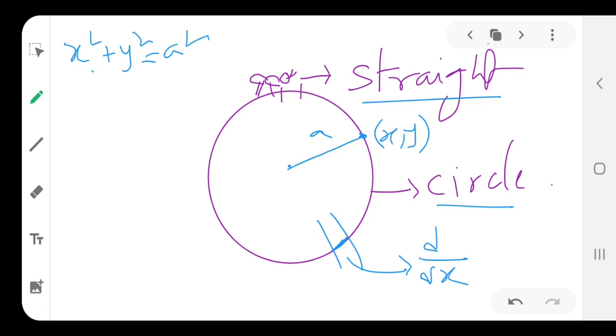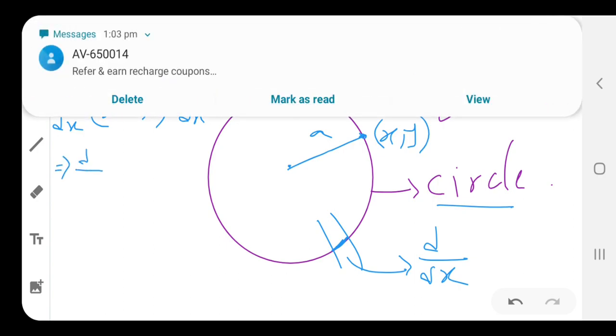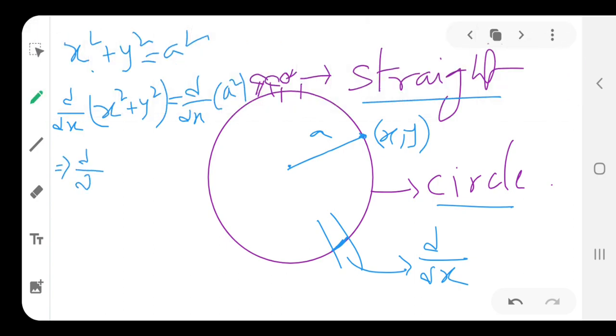If I do d/dx of x square plus y square equal to d/dx of a square, we can split it. So this will be d/dx of x square plus d/dx of y square